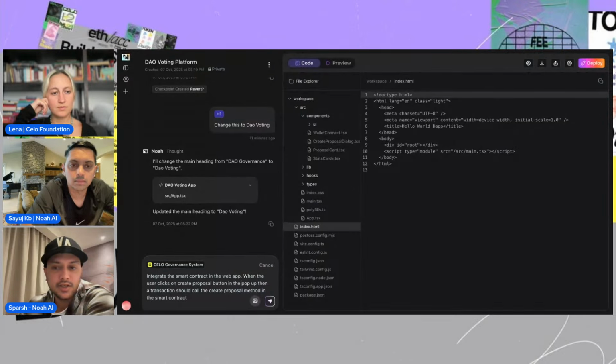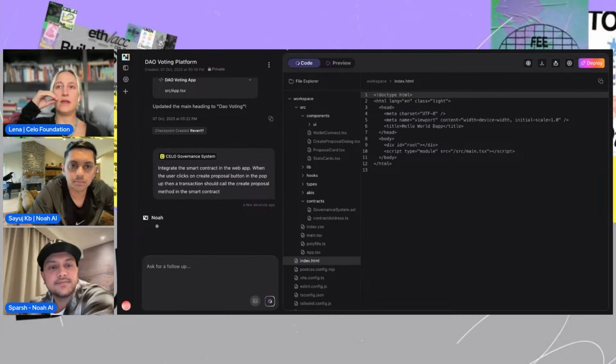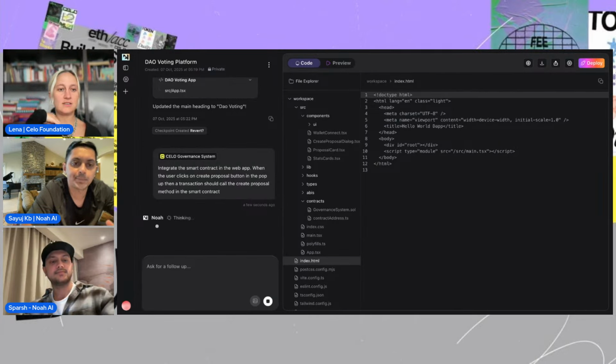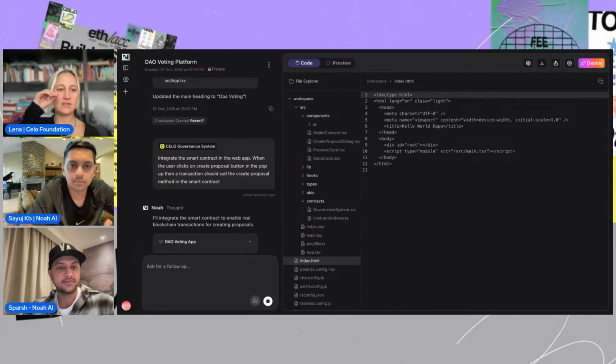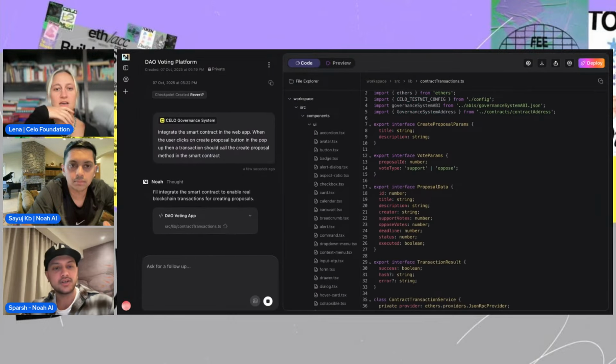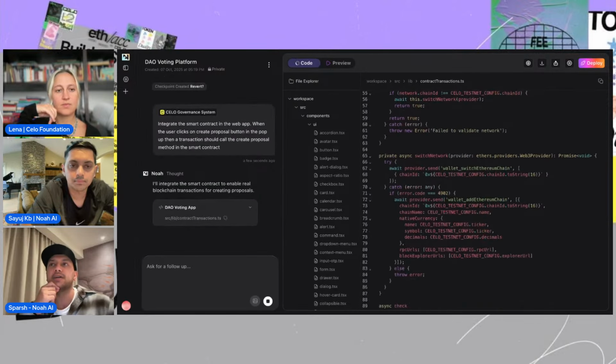But it's super easy. In this case, I just know that whenever someone clicks on the create proposal button, it will use the values from the input box in the transaction and send it to the blockchain so that it can get added to the smart contract. This is a better prompt than just saying connect the smart contract to the front end. Maybe even that will work, but you're not sure. I just want to add that transaction to that button, so it's better to be more detailed.